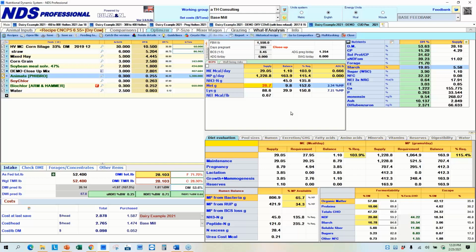Other questions? The last one looks like thoughts on amino acids for growing heifers. I sure wish we knew where we were, trying to look at some hog data and stuff, but I sure don't know where we are now. I know it's a good topic for calf starters, but